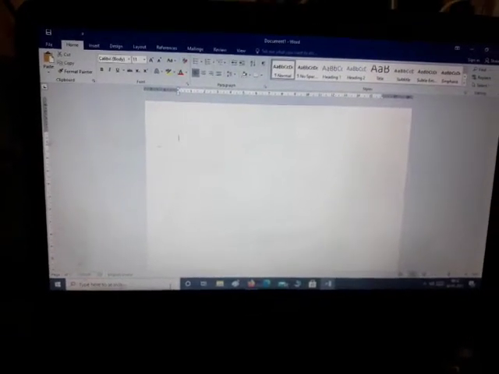Today, I was just thinking that it will be beneficial for the students as well as teachers to know and learn about Word document. So, let's get started. First, take a new document, which is a blank page. Now, I have taken this blank page.